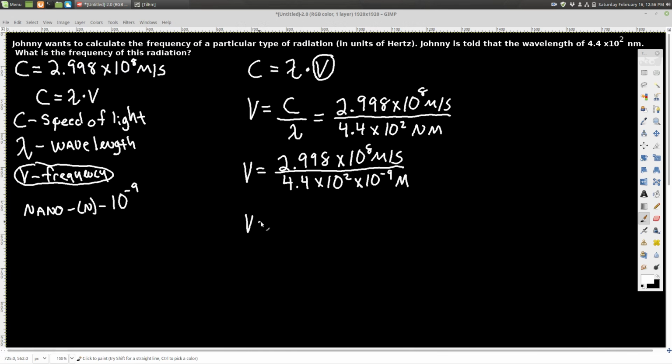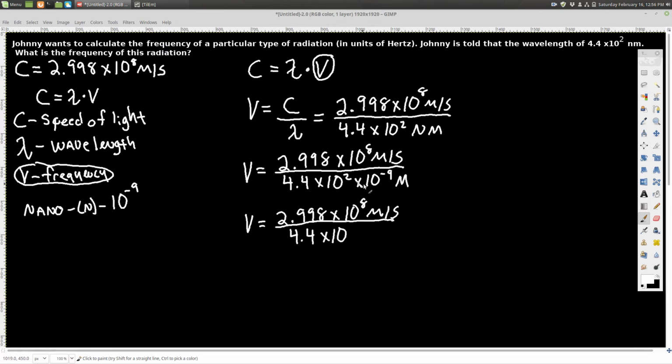Then I will combine those like bases. So V equals 2.998 times 10 to the 8th meters per second, divided by 4.4 times 10